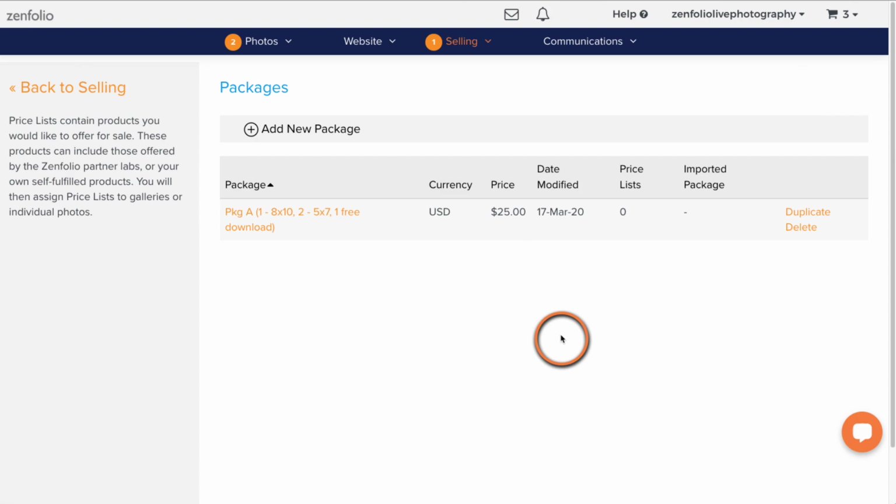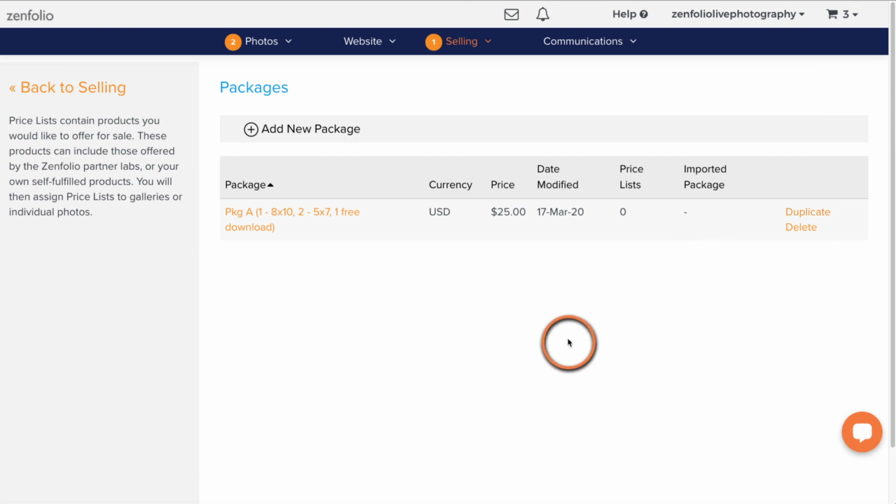Now, what I like to tell people to do is if you have a lot of products or a lot of packages to create, create your absolute largest package first, because then, kind of like what we did with the digital downloads, you can come up here and duplicate this package. So if you create your largest one first, you can duplicate it, remove some options, drop the price, and then repeat that process until you have all of your packages created.